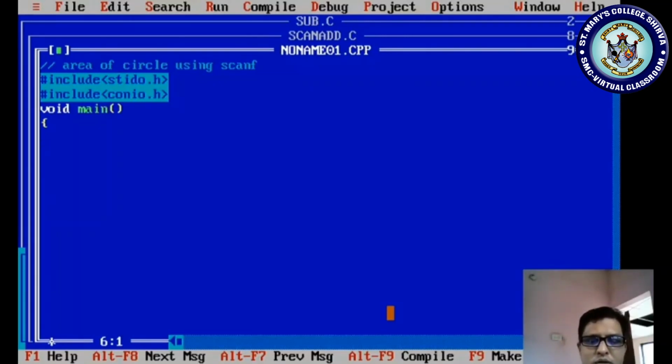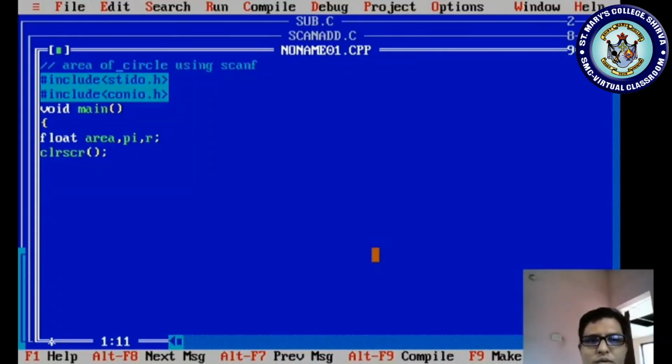Afterwards, we have to declare the variable. I am declaring float area, pi, r. Then clrscr.